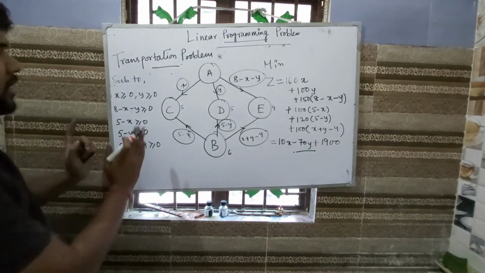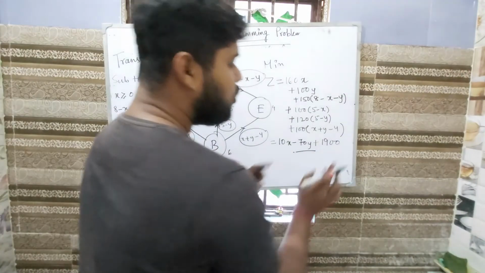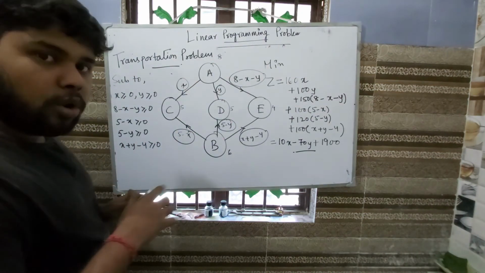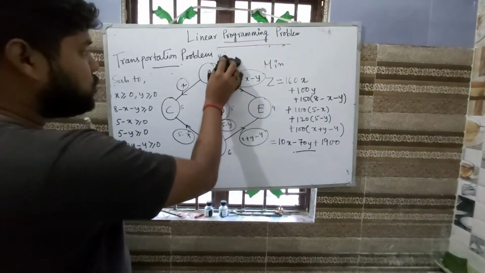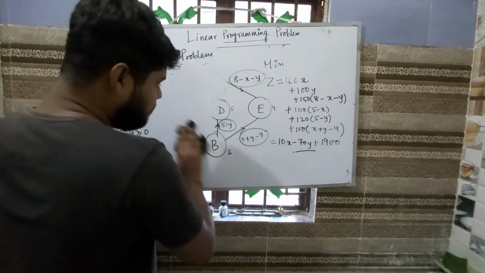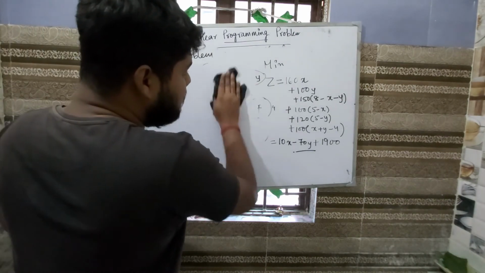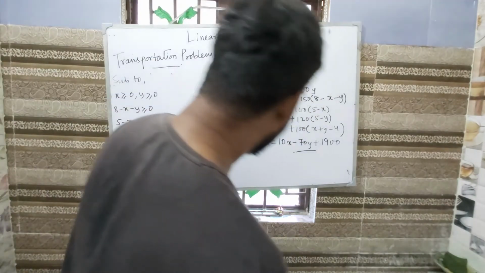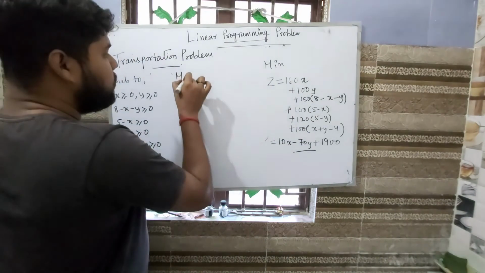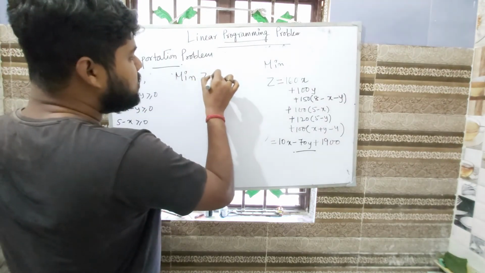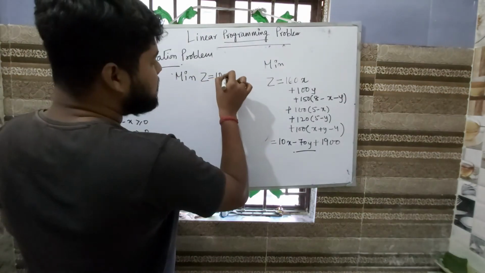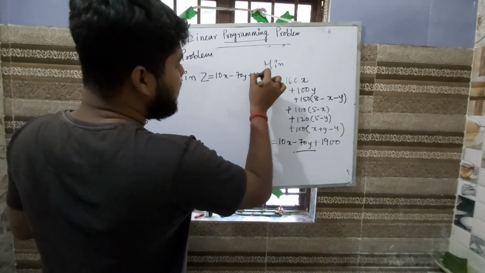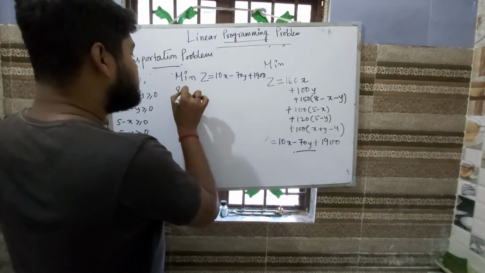So once we have already written the constraint, once we already have the objective function, let me erase this and write the whole problem in the way which we already know. So work of this figure is already over. So therefore my problem is minimize z equals to 10x minus 70y plus 1900 subject to,